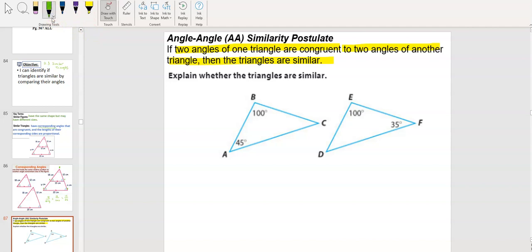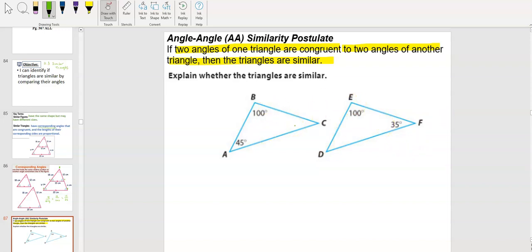Okay, so if I can prove that two angles on this triangle ABC are congruent to two of the angles on triangle DEF,